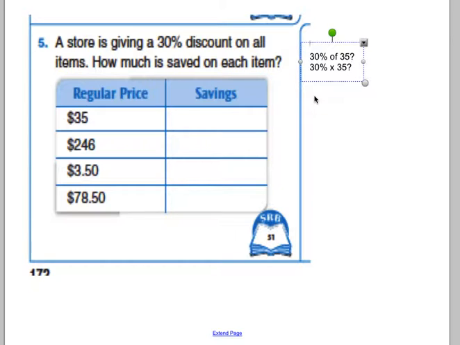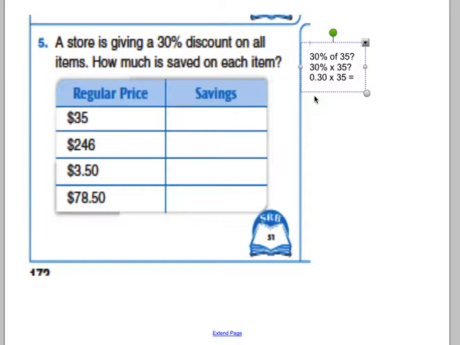For me, if I am allowed to use a calculator, I always change my percent into a decimal because it's very quick and easy then. 30% is the same as 0.3 as a decimal, so I can just punch that into my calculator, hit the multiplication symbol, times 35, and write